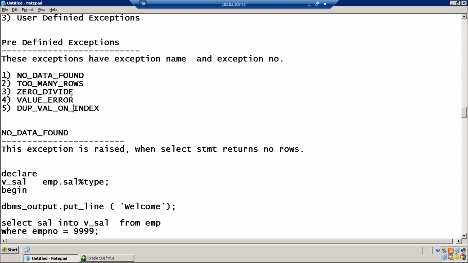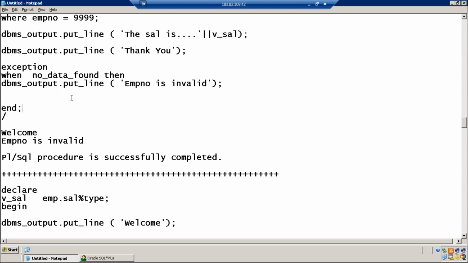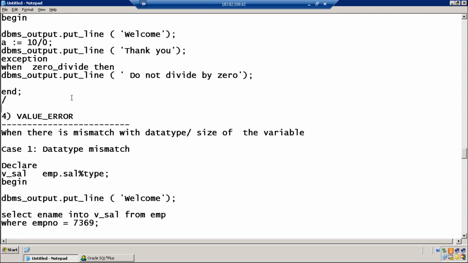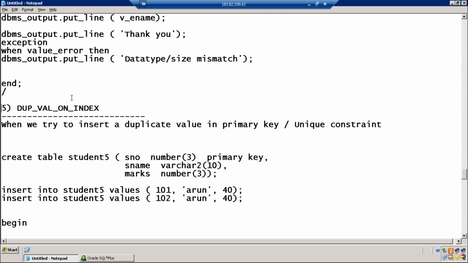The last exception has to be on a primary or unique key. I cannot have it on a normal table which doesn't have a primary key. Normal table, the program will be successful. The table doesn't have any constraint.